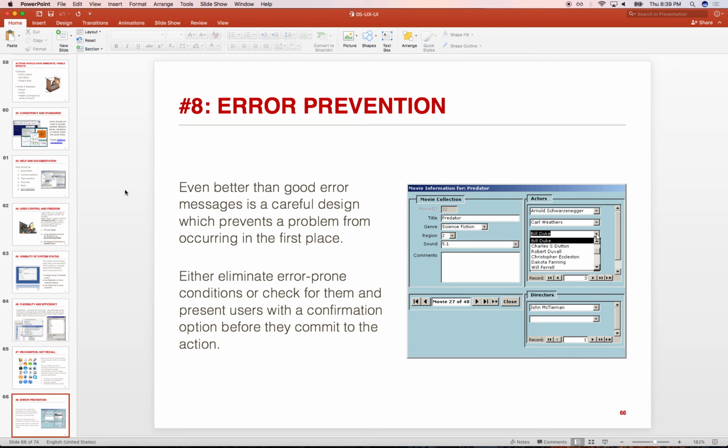Error prevention: obviously, give them support when they run into an error, but ideally, we would write it in such a way that we minimize the possibilities for them to run into errors in the first place. So instead of using input text fields, we would perhaps provide a drop-down. If we were asking for a time or date, we would provide a date picker instead of having them type an actual date. It could be very easy to mistype a date.